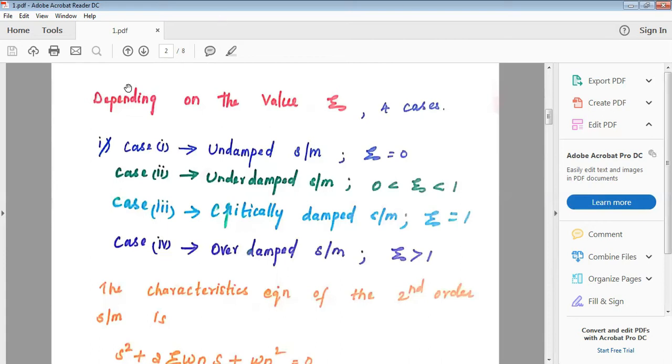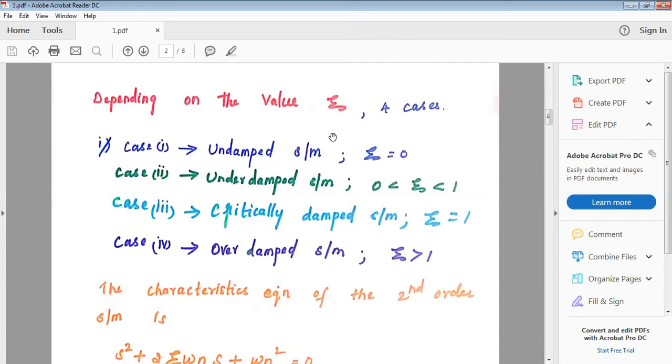So depending upon the value of theta, it can be classified into 4 cases. The first one is the undamped system. Undamped system means the theta value will be equal to 0. That is, the system keeps on oscillating at its natural frequency without any decay in the amplitude, right? In the undamped system, we will get sustained oscillations, as we have learned in EC2. Modulus of A beta will be equal to 1, which occurs in the undamped system. So the system keeps on oscillating at its natural frequency without any decay in the amplitude.